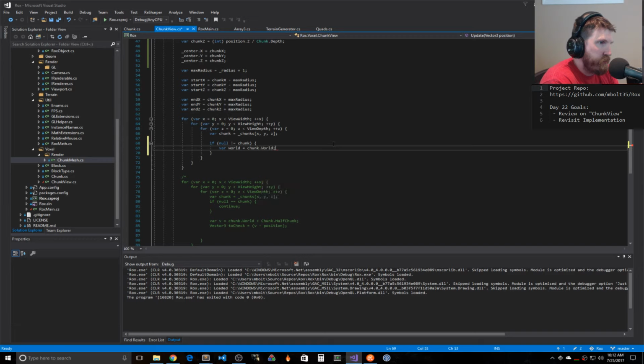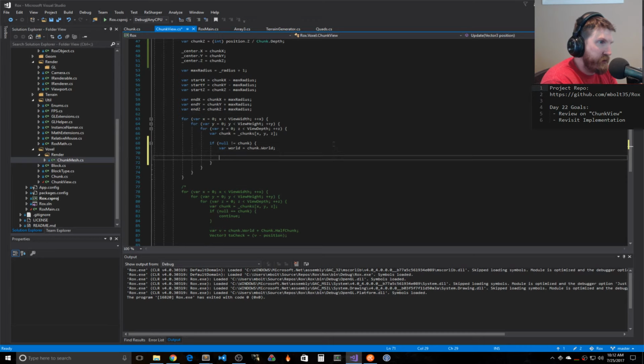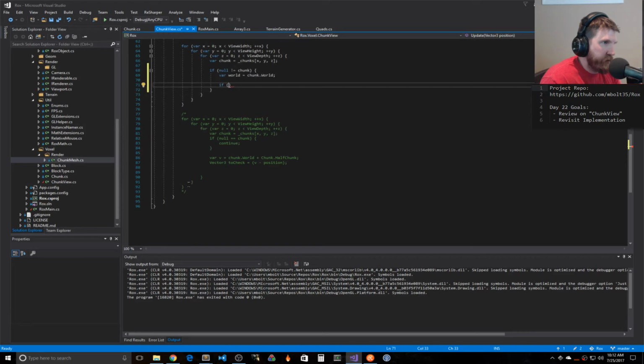And then from that world position, I guess it's as simple as we need to check if it's in our range, right? So let's see. It's probably going to be better to figure out a